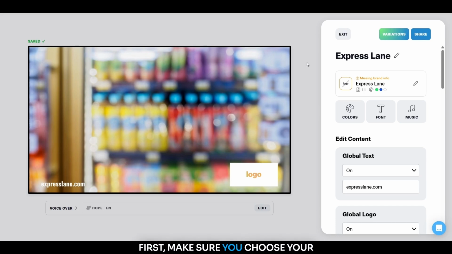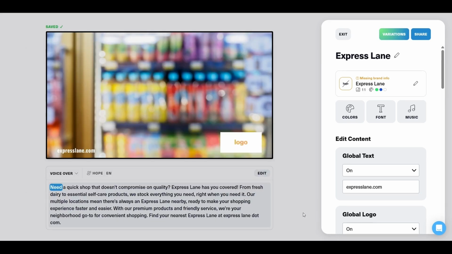First, make sure you choose your video that you're going to sync up. Next, head over to the voiceover panel. Note, you're going to want to make sure your voiceover script is set. So any other changes or adjustments you want to make, you'd want to do now. After your voiceover is set, you're going to be able to click through the voiceover script